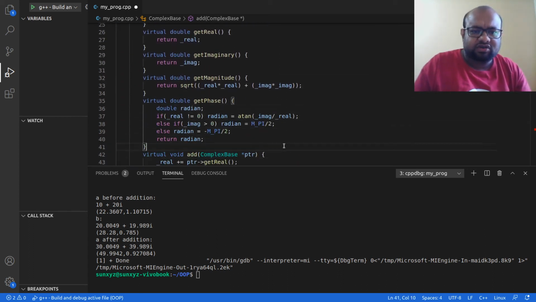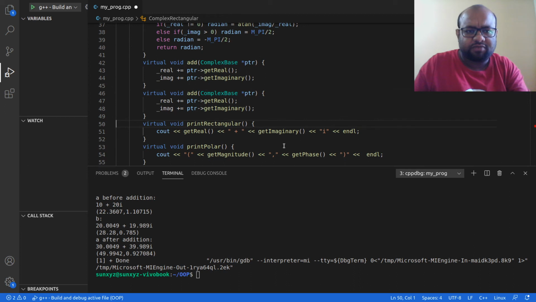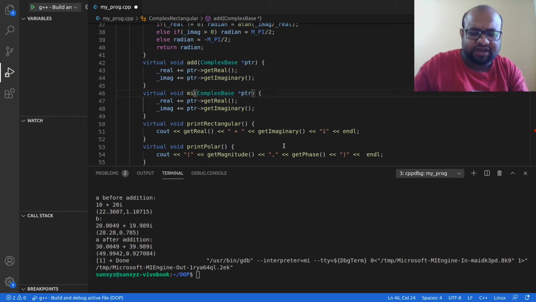Alright, so this is add in complex rectangular. Let me copy it, paste it. Complex minus is going to be just I subtract b from a. Okay, so from the plus, I am changing the plus to minus. This is very simple.